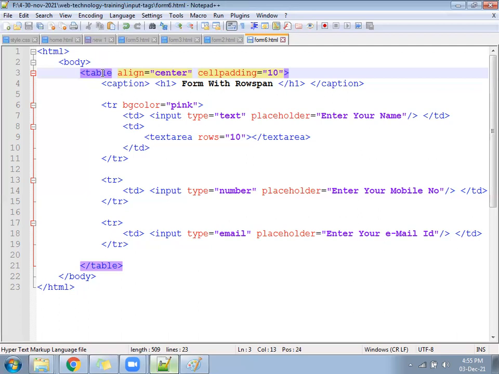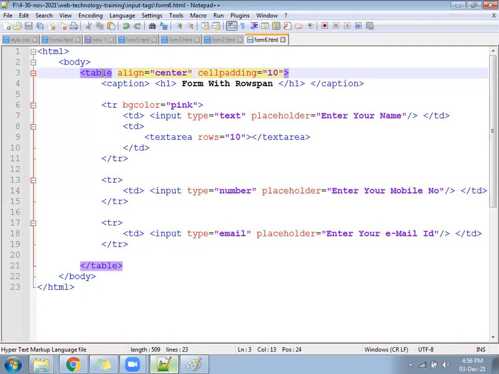Now let's see. For textarea, rows is equal to 10. Look here.